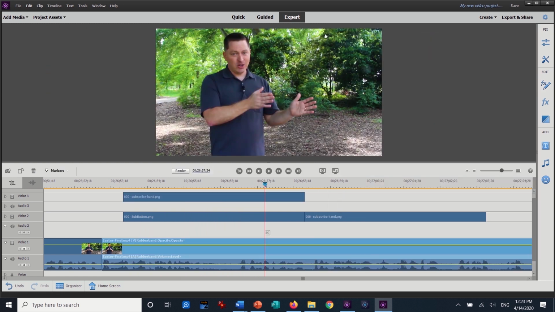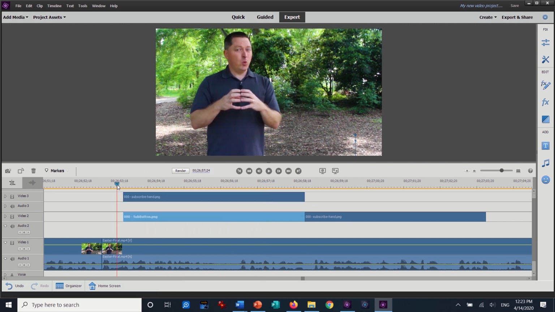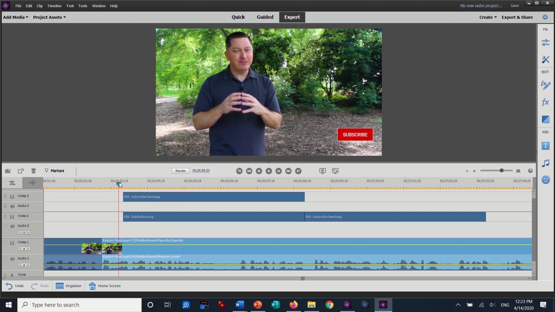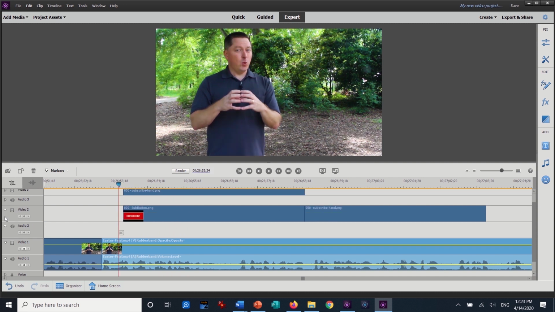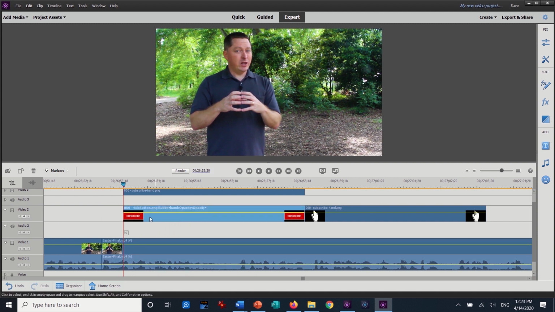So this just gives you some basic ideas. You could change the opacity. Let me just show you how to change the opacity. Let's say I want this not only to go up, but also to fade in. I would hit this drop down on the subscribe button, and these are little handles you can give it. So I've got to select it and go